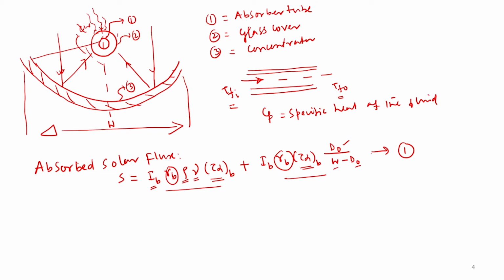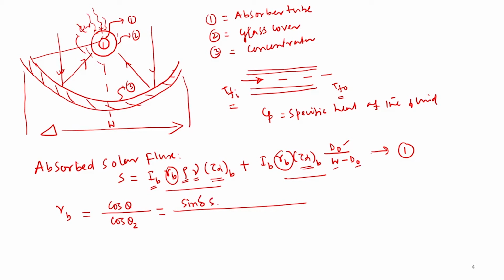RB is nothing but the tilt factor for beam radiation, which is defined as the ratio of the beam radiation flux falling on the tilted surface to the radiation falling on a horizontal surface. So, this is something like cos theta to cos of theta z, right. So, if we write the expression for this, it will be something like